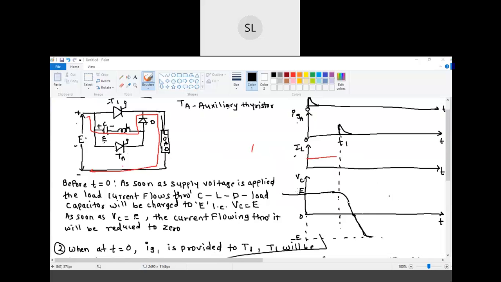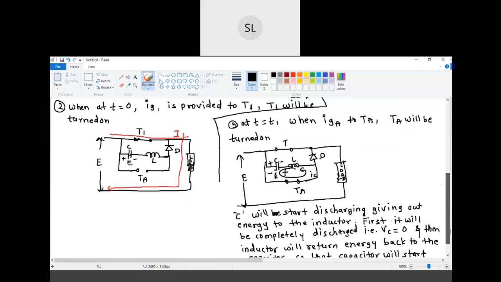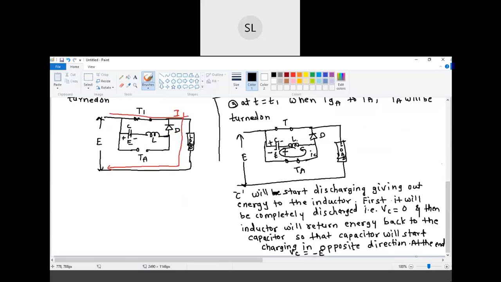आता काय होते बघा, हा आपला कपॅसिटर पहिल्यांदा डिस्चार्ज व्हायला चालू झाला. ओके, करंट फ्लो होतोय. पहिल्यांदा हा कपॅसिटर पूर्णपणे डिस्चार्ज झाला आणि पुन्हा एकदा तो रिचार्ज झाला to the supply voltage equal to minus E. Once the voltage across VC is equal to minus E, what will happen? This current will be reduced to 0. कॅपॅसिटर जेव्हा परत एकदा फुल्ली चार्ज होईल तेव्हा काय होणार? करंट हा 0 होणार. जेव्हा करंट 0 होईल तेव्हा TA हा naturally turn off होणार. का? Because there is no current flowing through this thyristor TA now.